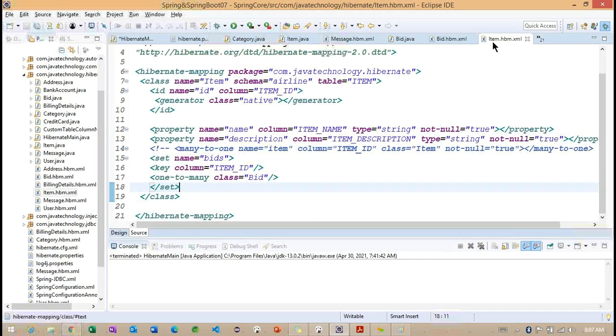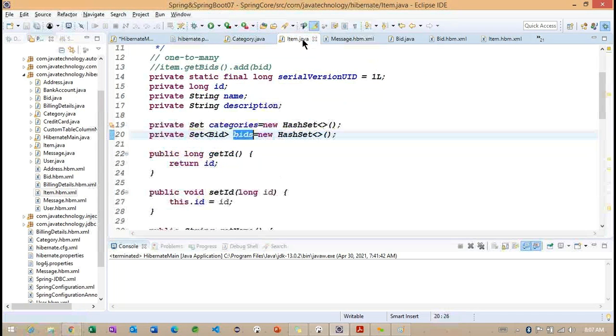So otherwise, instead of creating an object here, what we can do is item dot get bits dot bit one. The same way I want to work with bit two. Getting the point. So carefully observe.